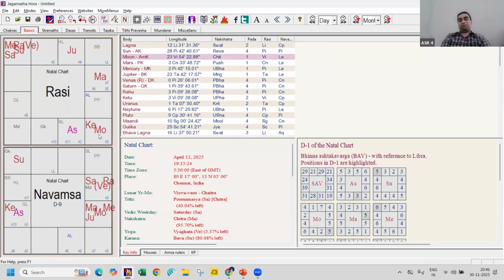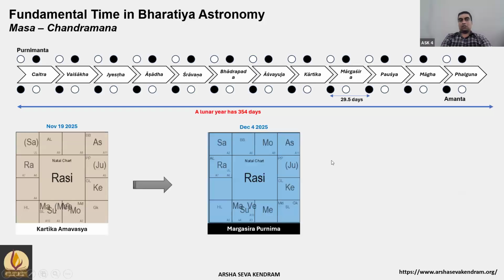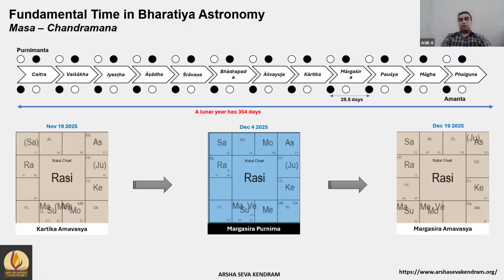Similarly, when the moon is in Vishaka, it's the Vaishakha Masa. Then when the moon is in Jeshta and the full moon happens, it is Jeshta Masa, and so on. And this is how typically the months are named, based on the full moon, and not on the new moon per se. So this is the concept of the month. So we have Margashirsha Mase,